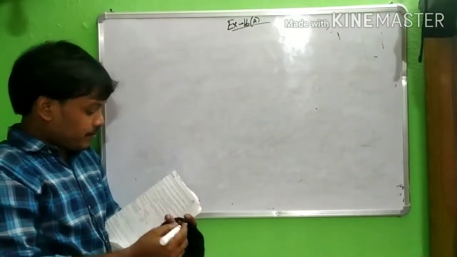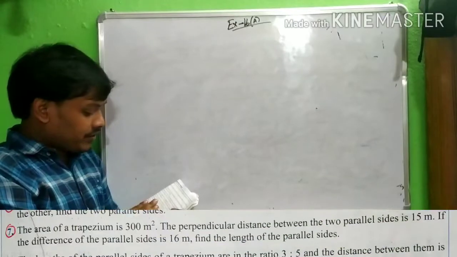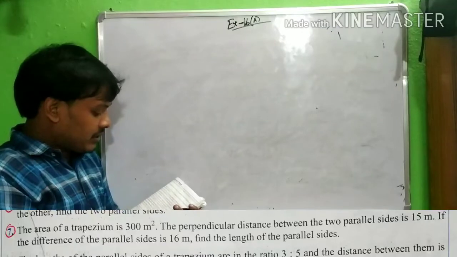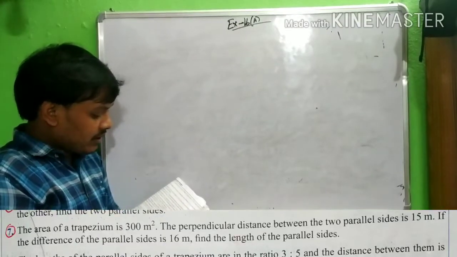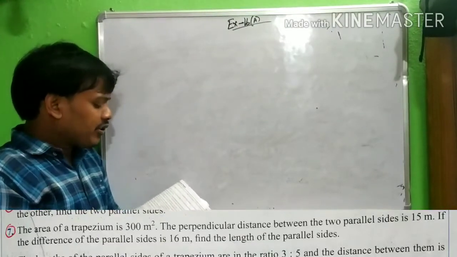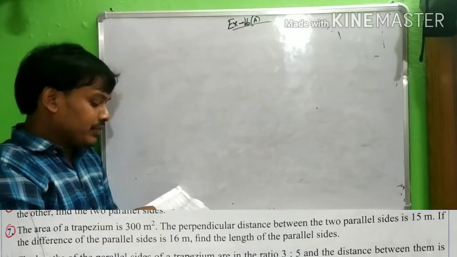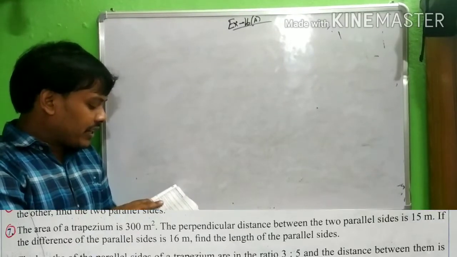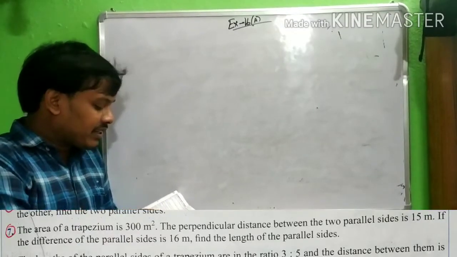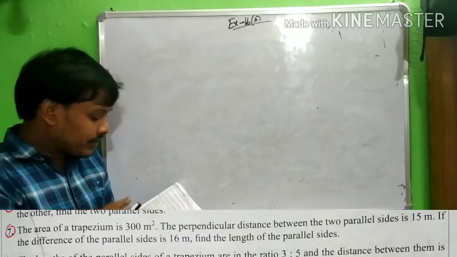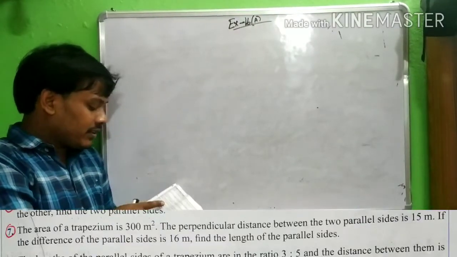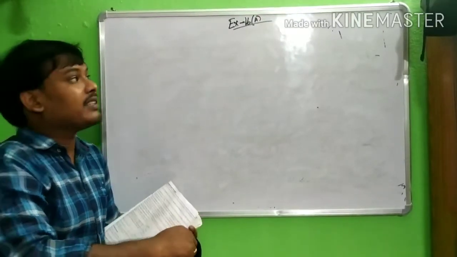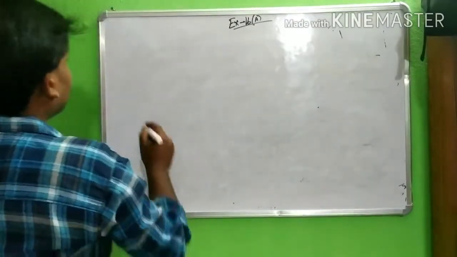Number seven. The area of the trapezium, the perpendicular is 15. The difference between two parallel sides is 16. Find the length of the parallel sides. This one is also the same. Here the condition is the difference of parallel sides is 16 meter. So here it is given the difference of the parallel sides is 16 meter. Difference is 16 meter. That means if,